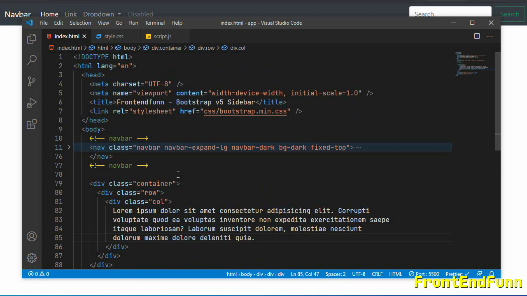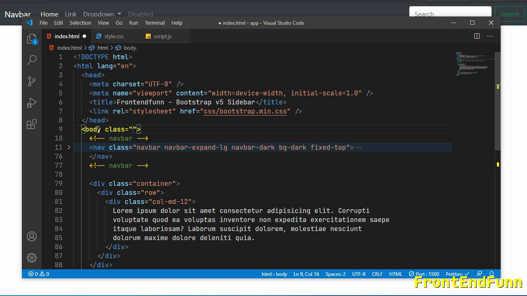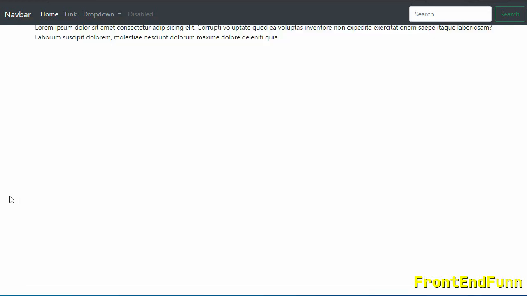So to resolve this we need to add a class for the body element, that is pt-5, adding some padding top to the element. Okay, so you can see the text is visible now.